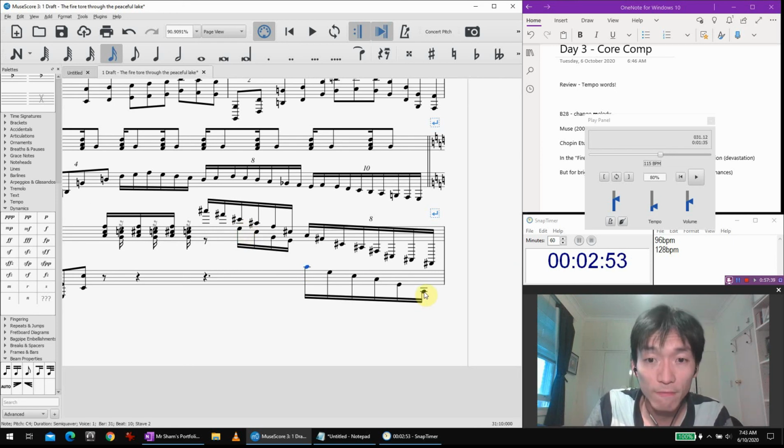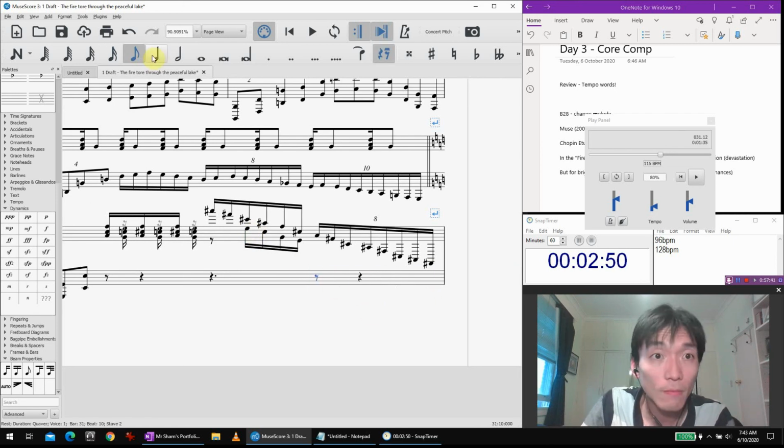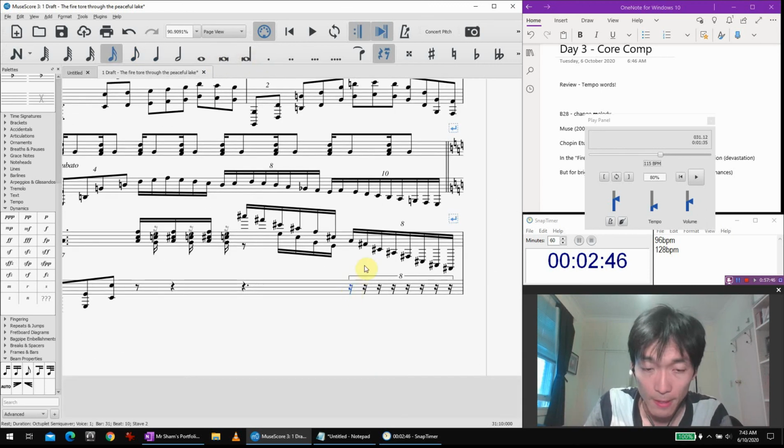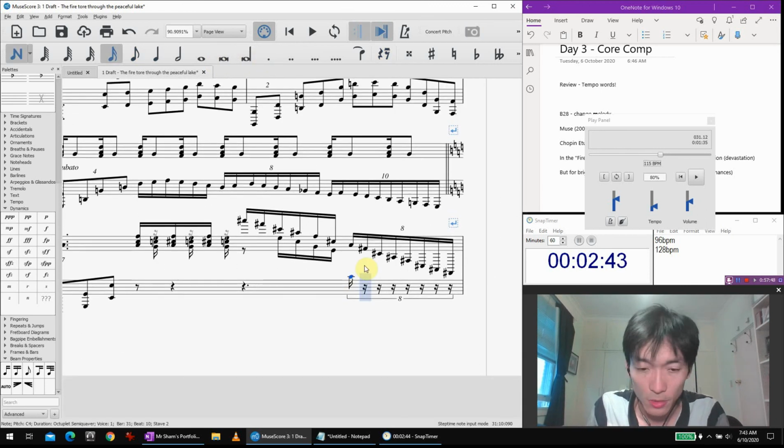So this left-hand figure is also dotted, with an 8-note group. Starts on middle C, goes down.